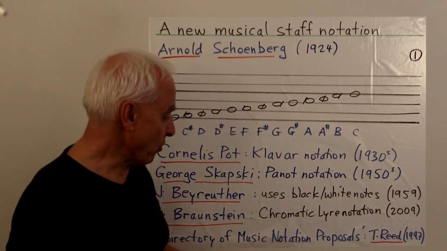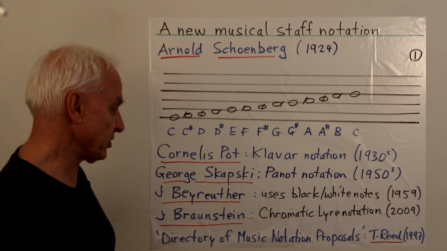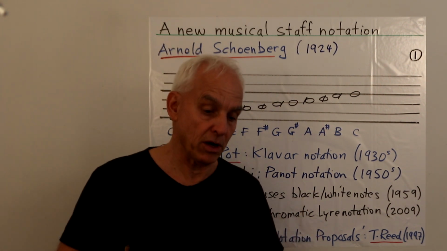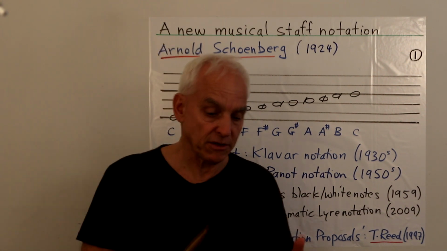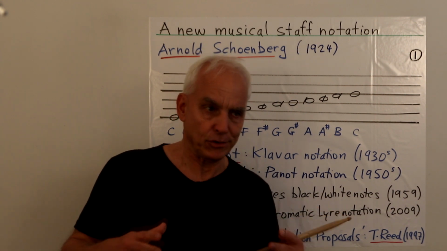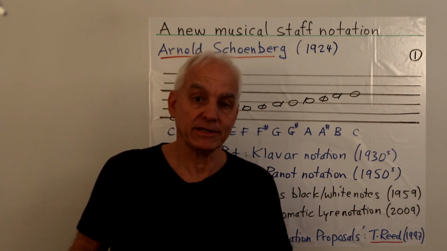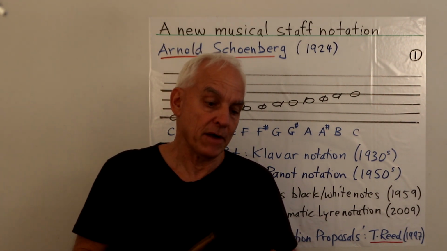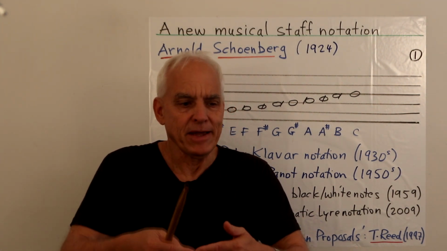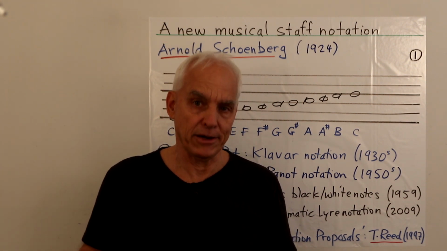Now, to access a lot more ideas in this direction, there is a book by Thomas Reed, published in 1997, called Directory of Music Notation Proposals. So it's actually quite a large history of these things, and it really points to the fact that our current system has a lot of weaknesses, and many people are looking for ways of improving that, to make it easier for people to access music, essentially, and also for composers and players to not be inconvenienced by the somewhat ad hoc nature of our current system, which is largely piano-based.